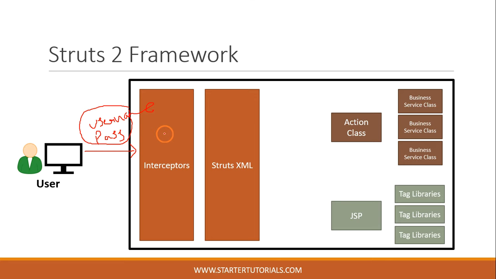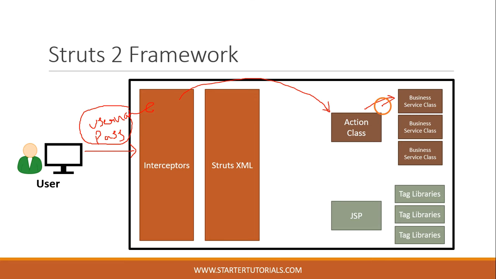It will make them accessible to the action class. So whatever data you are sending through the request, the interceptors will grab the data and make it available for the action class and these business classes,